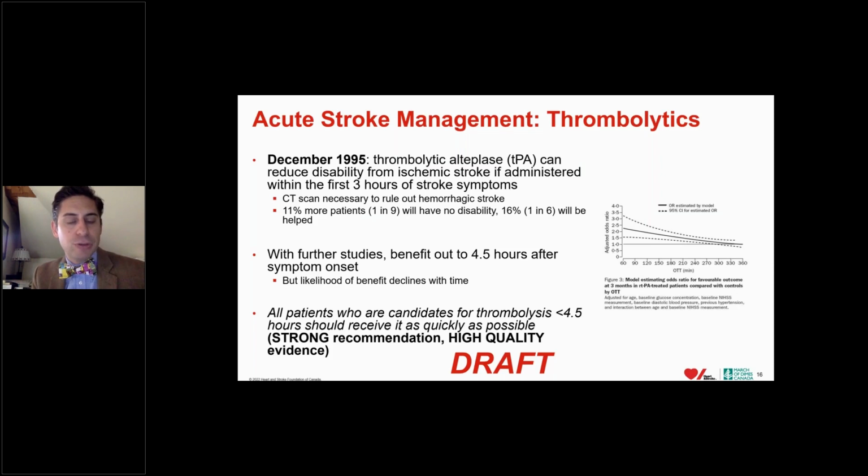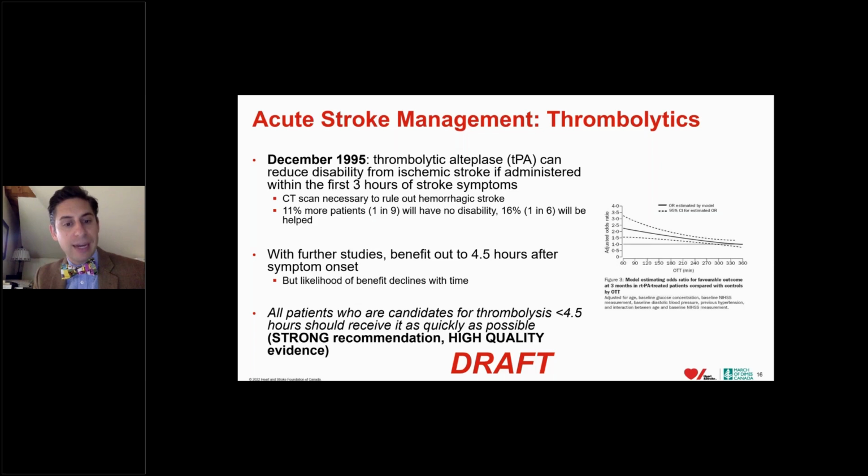The first major treatment for stroke is something called thrombolysis, giving a clot-busting drug through the intravenous that can help to break up the blood clot that is blocking an artery in the brain and can lead to early return of blood flow, saving that part of the brain that was struggling to function in the absence of oxygen. The original studies from 1995 suggested that the treatment was effective only in the first 3 hours. Further studies showed that it was beneficial out to 4.5 hours after the start of symptoms, but the likelihood of